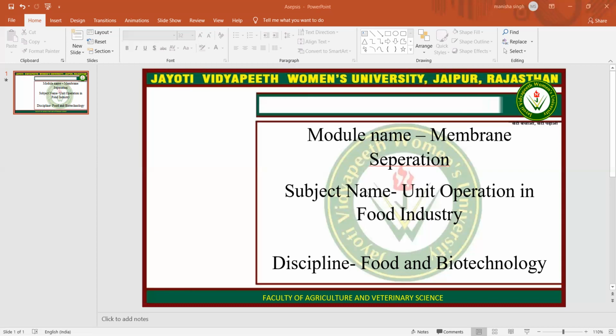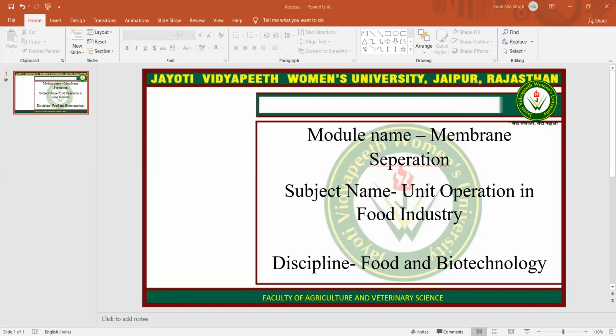Next is pervaporation, that is PV. Separation of miscible liquids. Liquid is maintained at atmospheric pressure on the feed side of the membrane and permeate is removed as a vapor because of a low vapor pressure existing on the permeate side. It differs from all other membrane processes because of the phase change of the permeate. Transport is affected by maintaining a vapor pressure gradient across the membrane, and membranes used are zeolite and